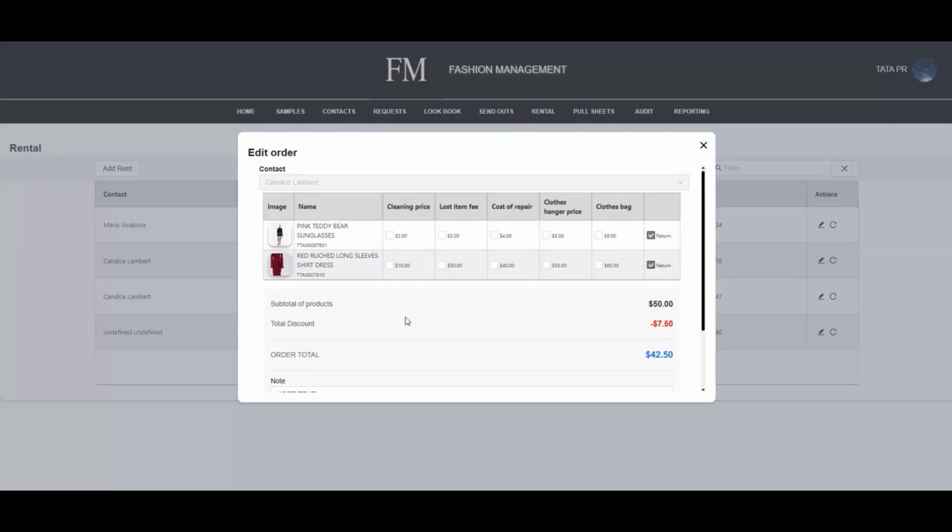If the sample requires cleaning after it is returned, check the appropriate checkbox. After checking, the cleaning price will be automatically added to the order total list. If the customer did not return the item and lost it, check the appropriate box. If the item is returned in a damaged condition, check the appropriate box. If the sample had a hanger when rented and it was not returned or was returned in a damaged condition,